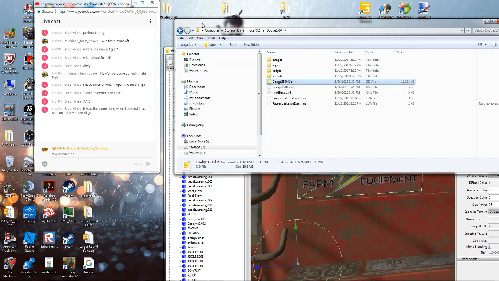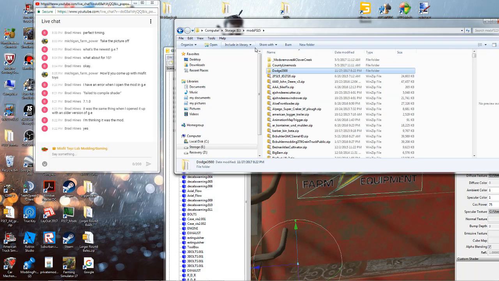Oh, you're unzipping it. Your folder's unzipped when you tried to open it. It could be the mod itself. I'd try it on a different mod. Because I thought 7.1 would work backward compatible to different